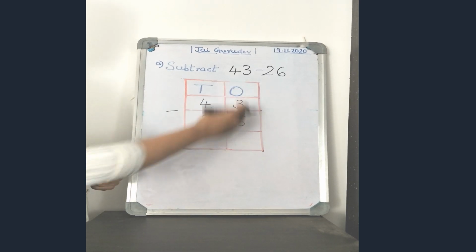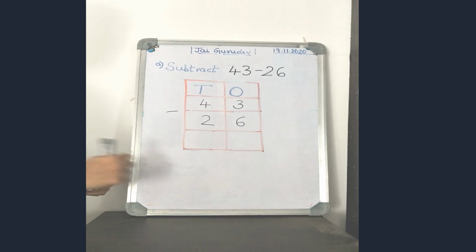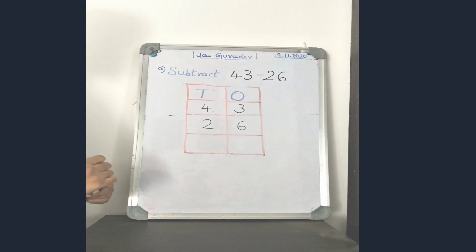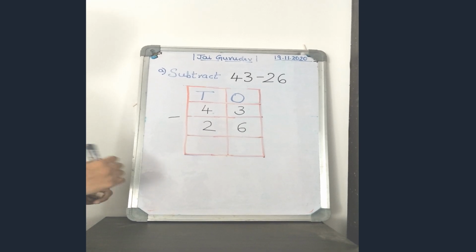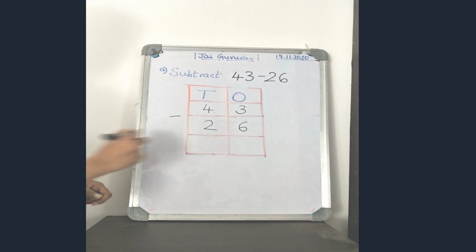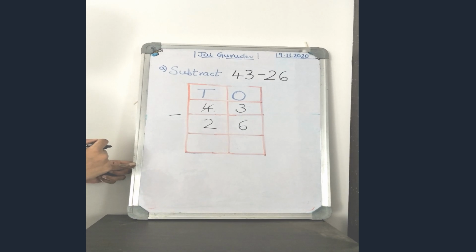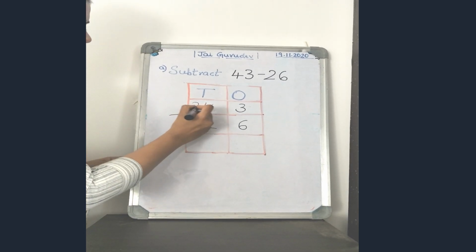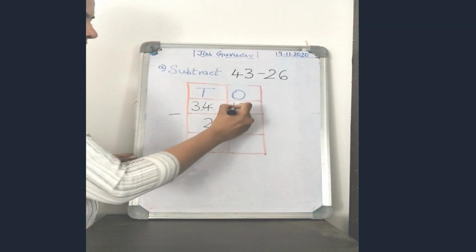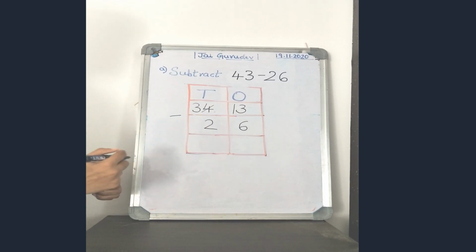Let's solve from ones place first. Did you observe here, children? Is the bigger number on top? No, right? So what do we have to do now? You're correct. We need to go to tens place and borrow 10. So if we borrow 10, 4 will become 3. You're right. And 3 will become 13, because we are adding 10 to 3, which is 10 plus 3.